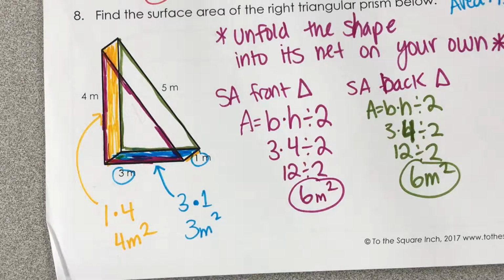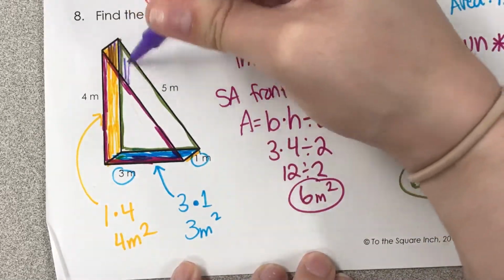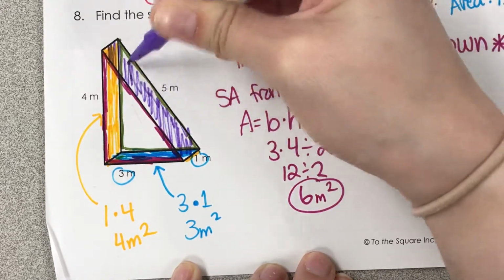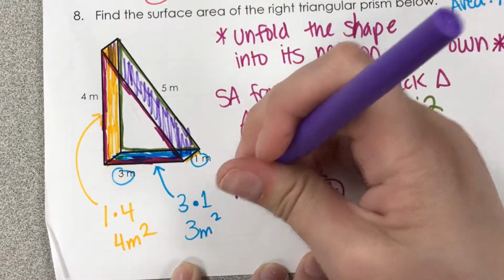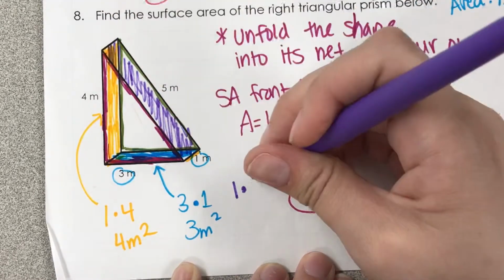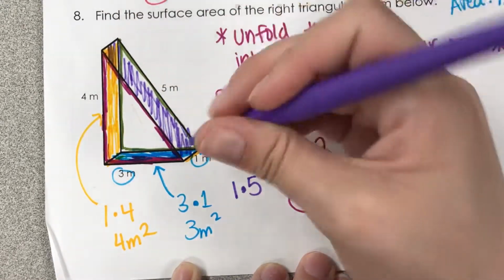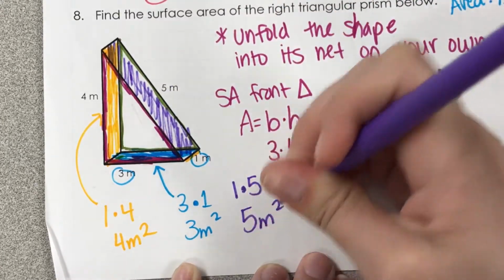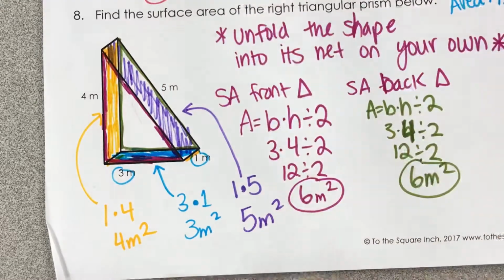And then the last one, what color do I want? I want purple. That means I'm just talking about this rectangle kind of floating on the top. The base is 1, and the width, the height, whichever you call it, the 2 dimensions. 1 times 5 is 5. So now